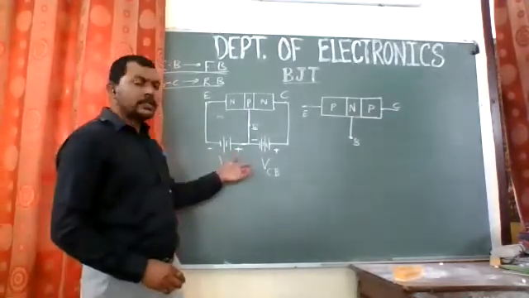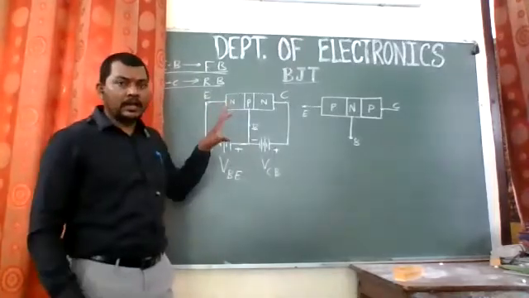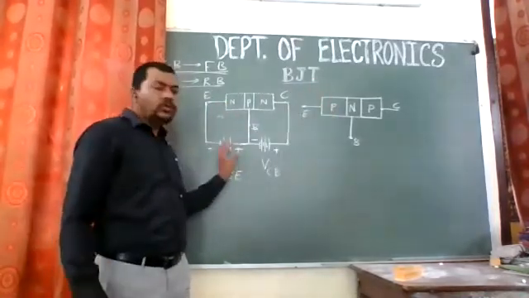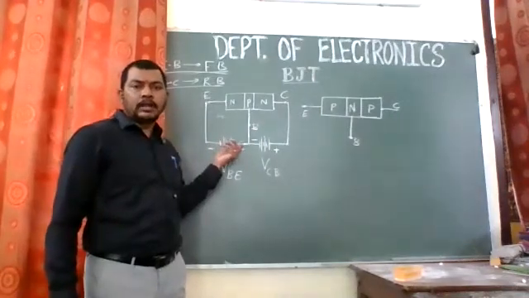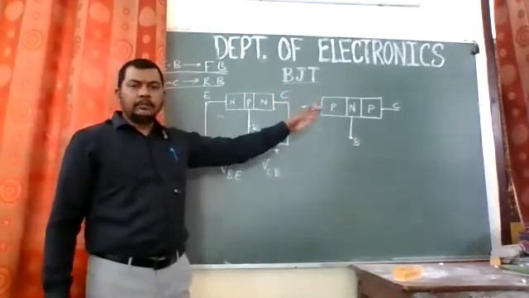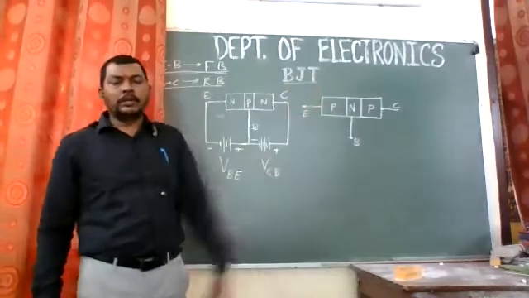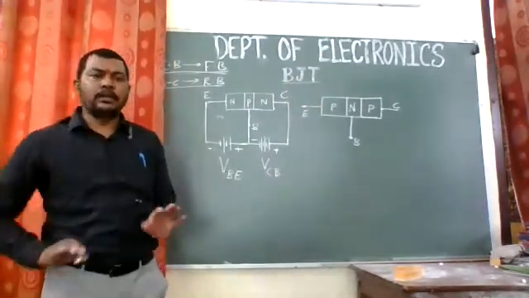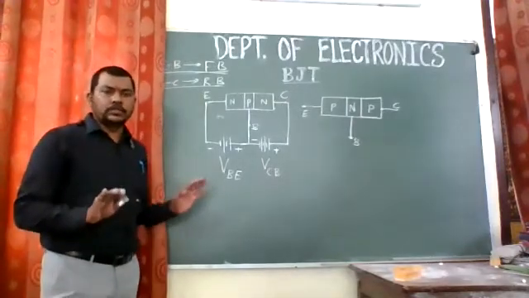This is how you are expected to connect the transistor. Now you can try it on your own for the other type. Just reverse the polarity of the battery, and the emitter base junction should be forward bias and the base collector junction should be reverse bias. That is to be kept in mind. That's all, they are very easy to connect.